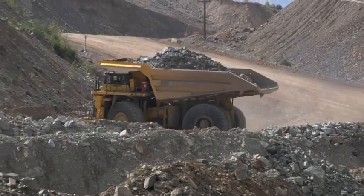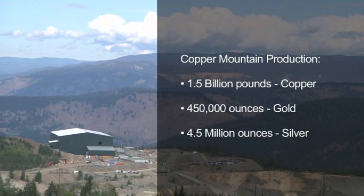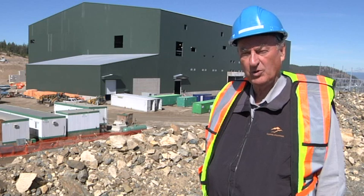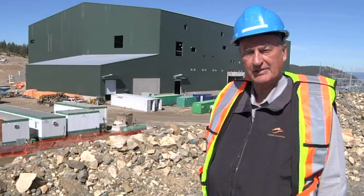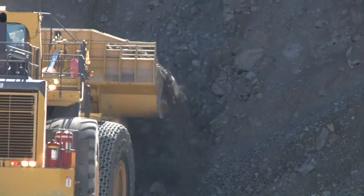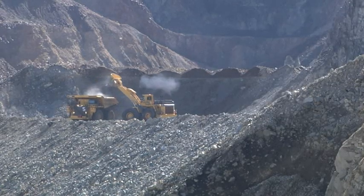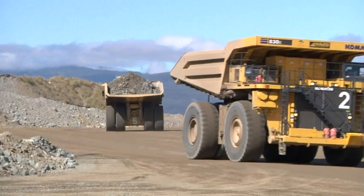Over the 17-year life of the mine, it will produce 1.5 billion pounds of copper, 450,000 ounces of gold, and 4.5 million ounces of silver at an operating cost of $1.30 per pound of copper. I'm pleased to report that construction is on schedule for the startup in June of 2011. Capital costs for the project are estimated at $438 million. To date, we have spent and committed about $370 million, or 85% of the budgeted amount, and construction is progressing